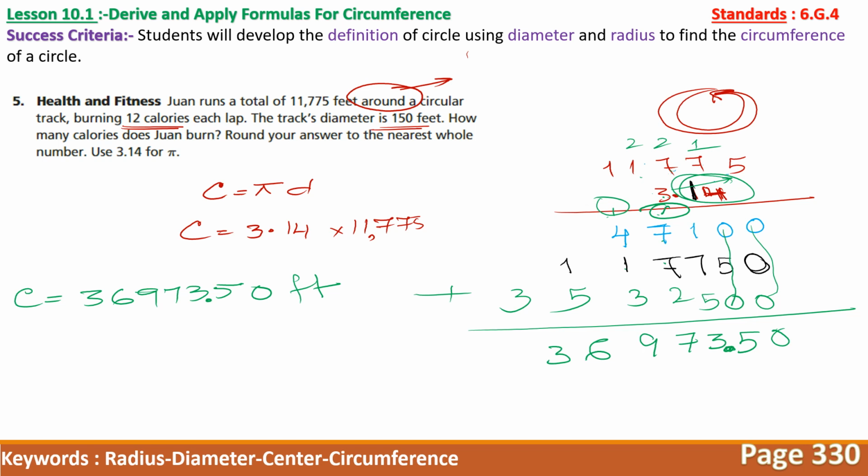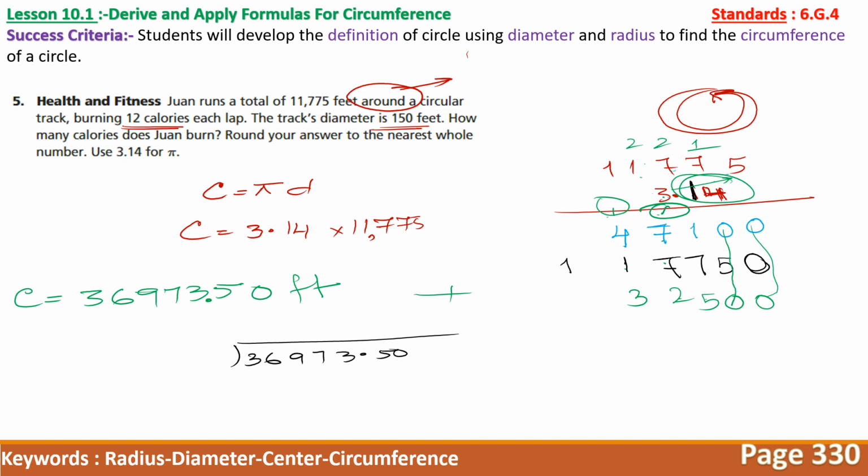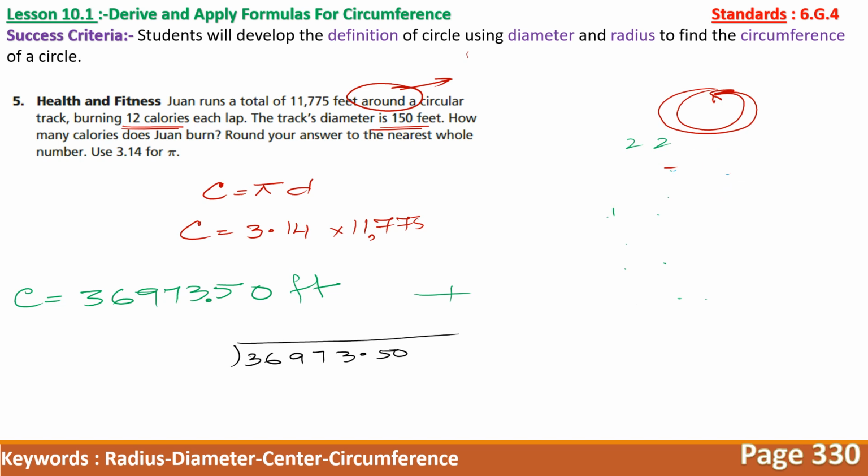12 calories burn. So all together how many calories burn? It means you are going to divide it by 12. So let's do this one. 36973.50 divided by 12. So let's erase this part to solve it properly. Okay, so I am writing over here our answer, that is 36973.50